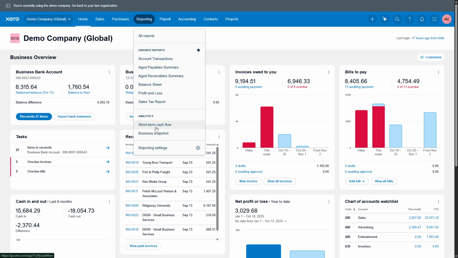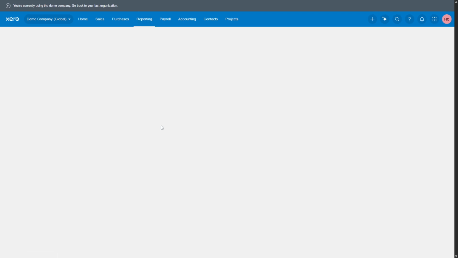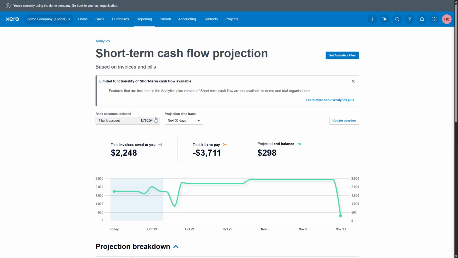Understanding your short-term cash flow is essential for making informed financial decisions and planning effectively for the weeks or months ahead. Once you've selected short-term cash flow, the next step will be to choose the bank accounts you want to